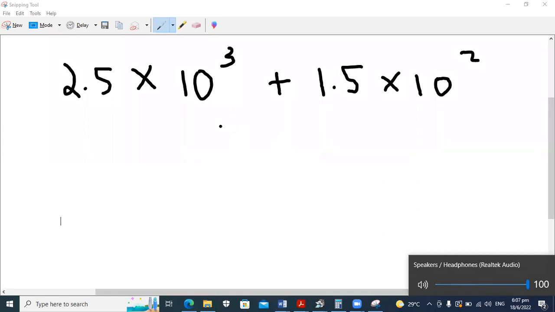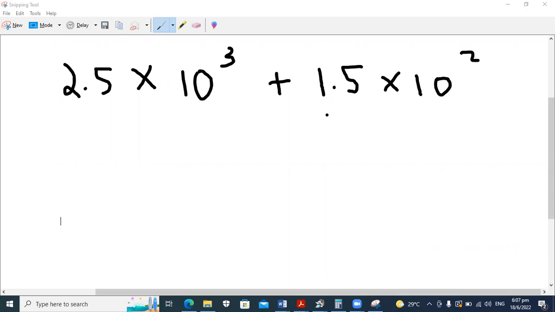Okay, I understand what you say. Because 10 to the 3 is 10 times 10 times 10, which is 1,000. And 10 squared is also 100. Basically you could just work with the whole thing and then convert everything to standard form. But another way of doing this is what you could probably do is to